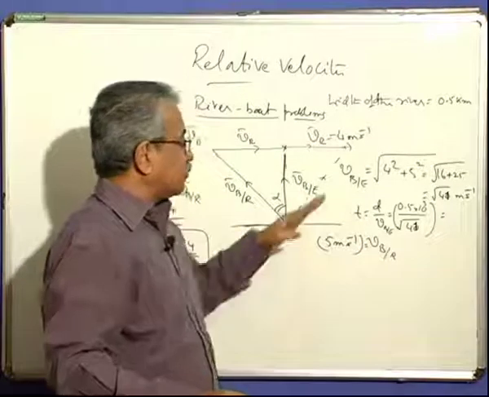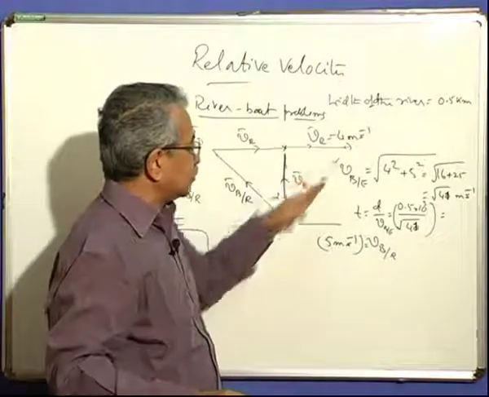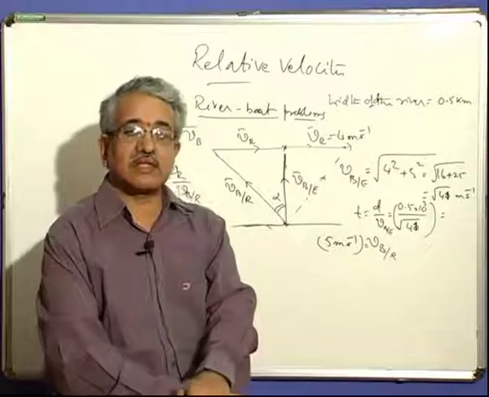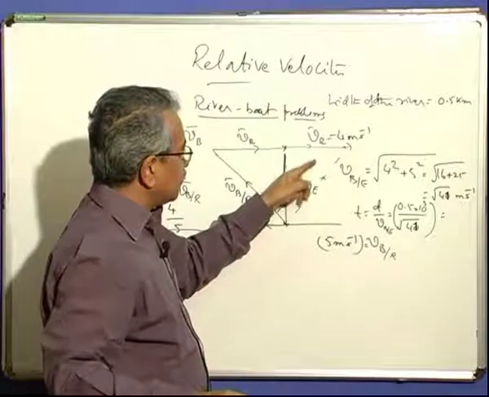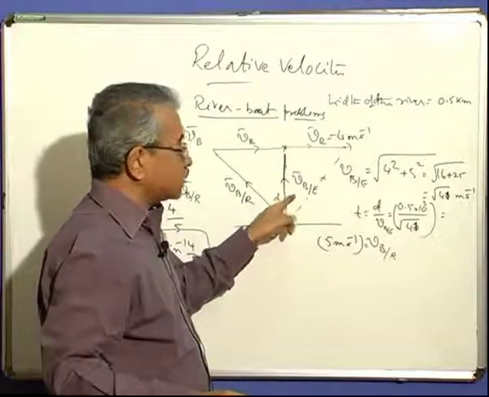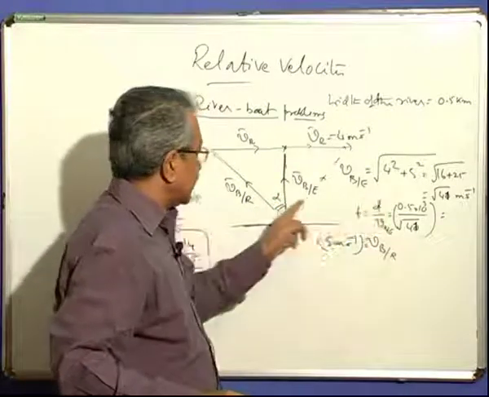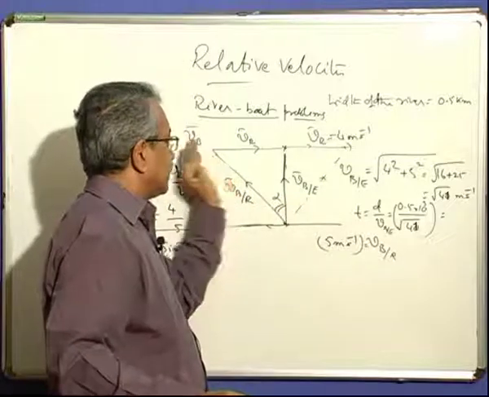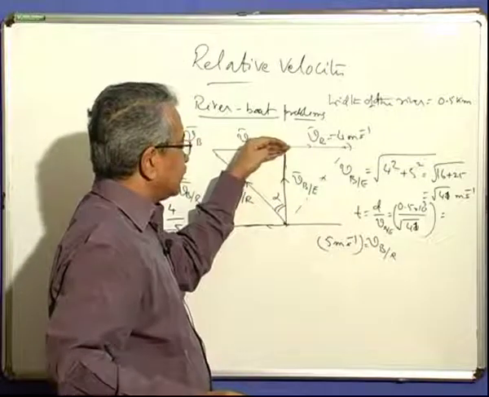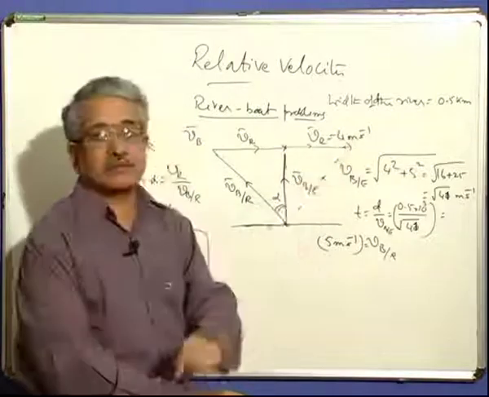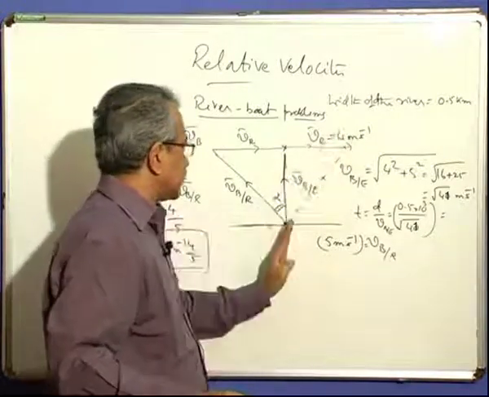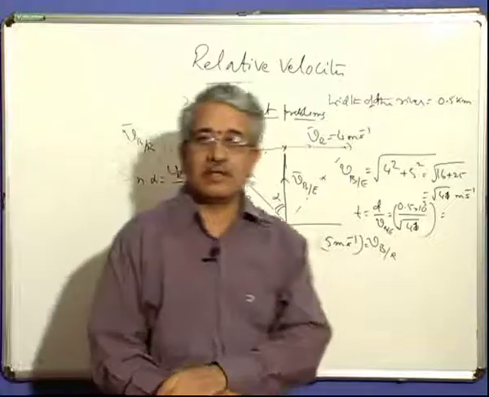Your velocity must be more. That means your velocity along with that should be given there. This goes like that in the direction. So here also the same velocity will come. This is also 4 square plus 5 square under square root only. But the direction is here. So what is happening? It is taking more time to come here. Here the direction is this, so it takes less time to go there. So shortest time and shortest distance, these are two conditions we have.